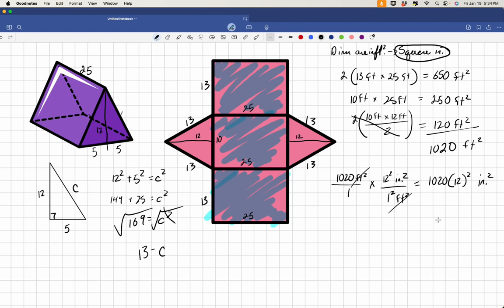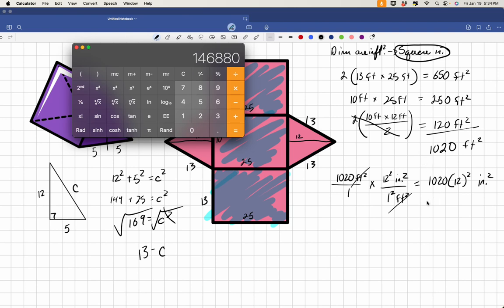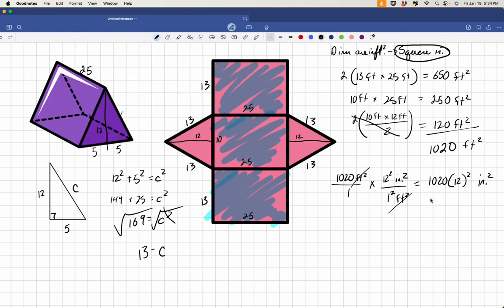But in this rare occasion, we're going to solve it. And when we solve it, we get this: 146,880. So 146,880 inches square. There you go. This is the answer to put in, and I'm going to go back and put this one in just in